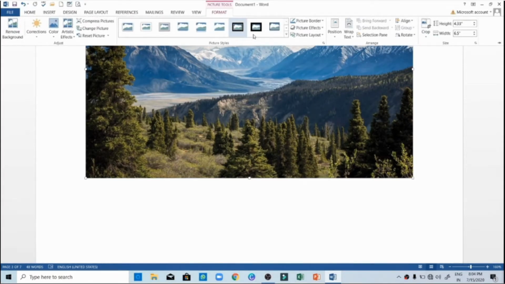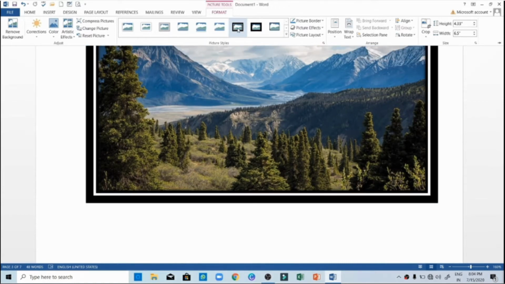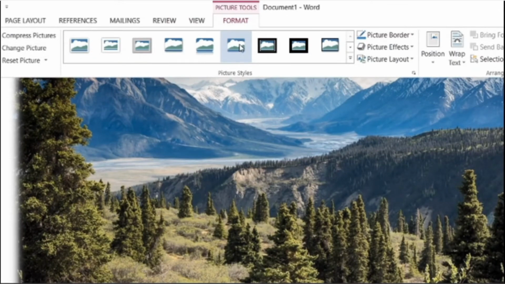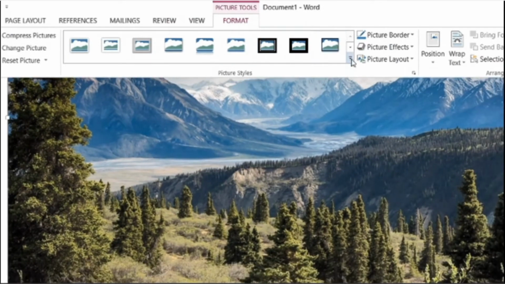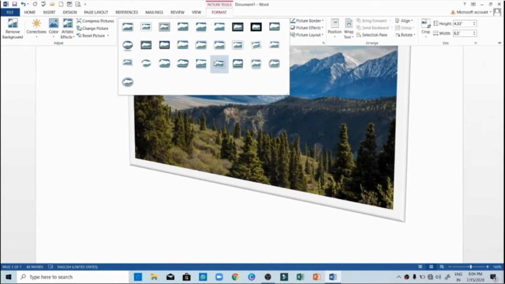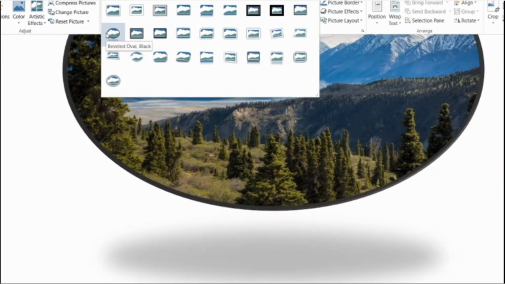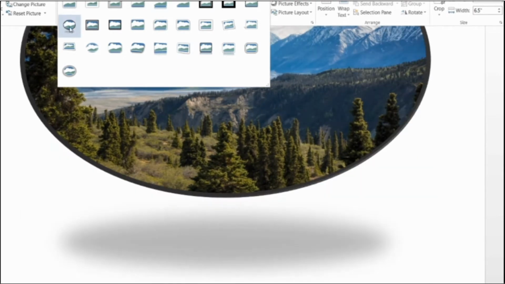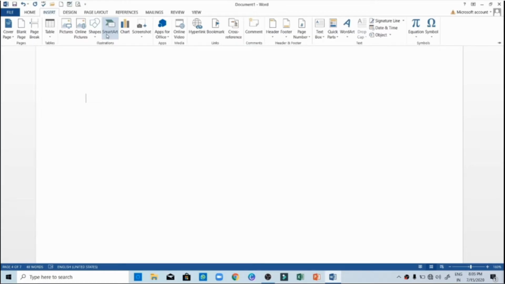This is okay. Now after inserting a picture, you can also add more effects to it by clicking on the Format tab. This tab is displayed only after you insert any object. Now see, there are so many options. You can give it a 3D shadow, you can make it oval. There are so many options provided by picture styles. Like we have discussed word styles, in the same way for pictures also you have different ways to present or change the picture in your document area. This was about inserting pictures.